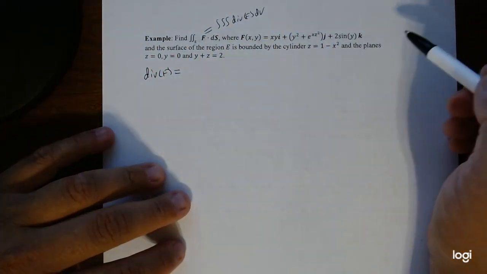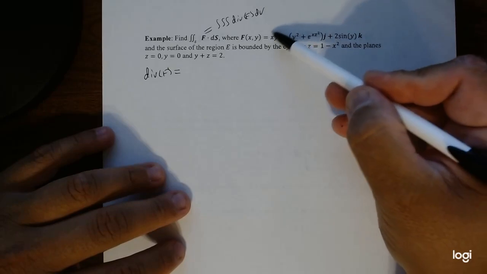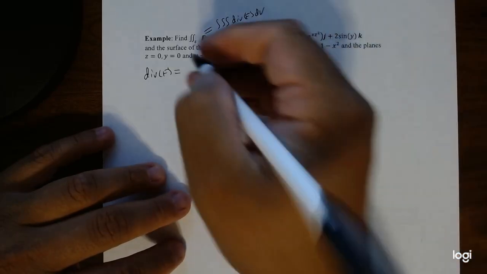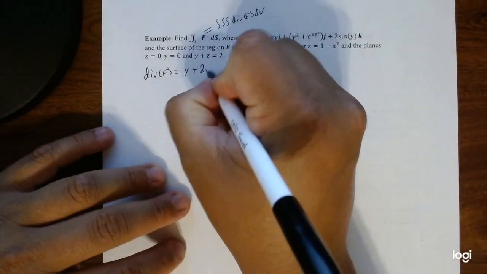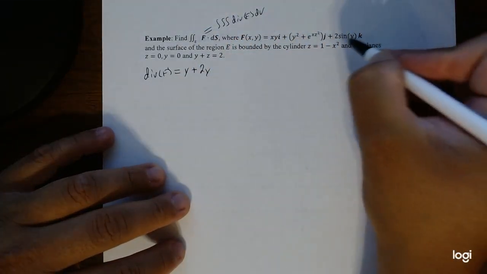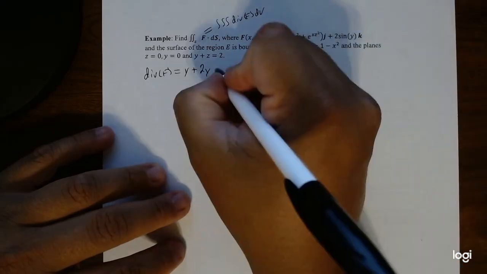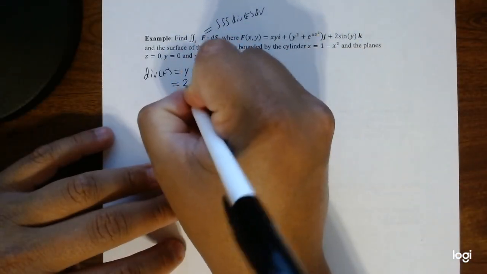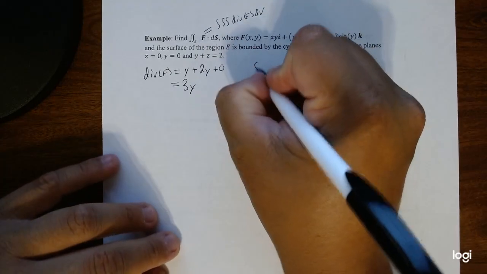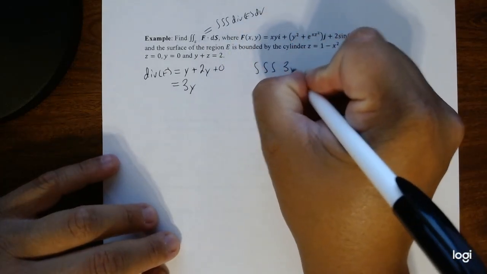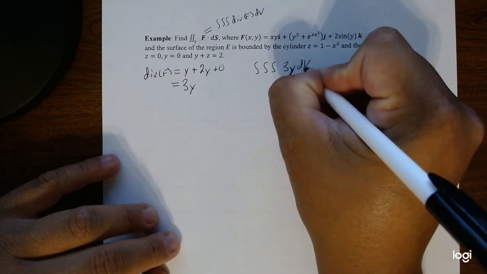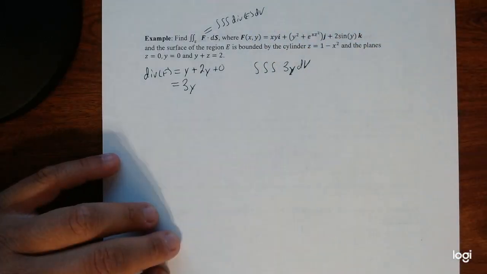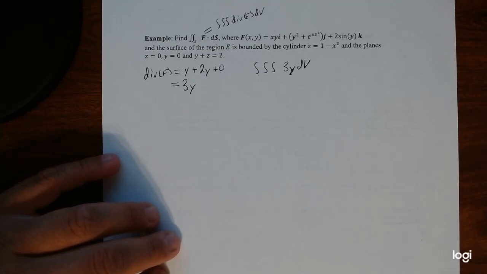Again, each partial adds up together. So the derivative with respect to x, then with respect to y. This is all gone because there are no y's there. And then the derivative with respect to z is 0. There's nothing there. So now, notice, finding the triple integral of 3y is so much easier than trying to find the double integral of this whole thing,